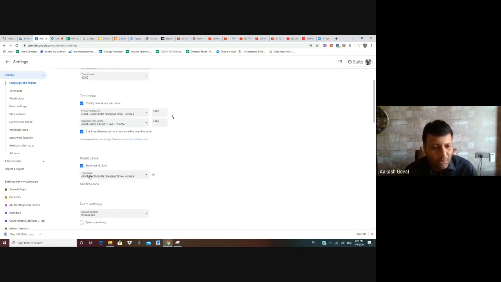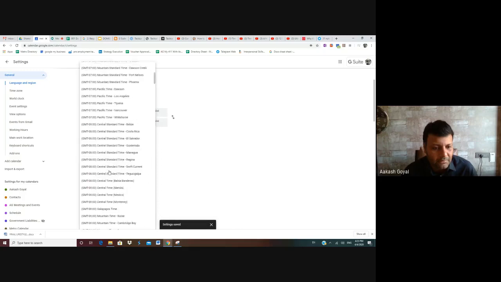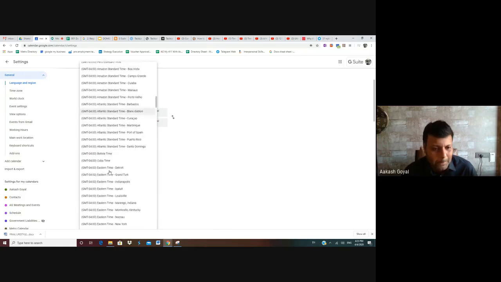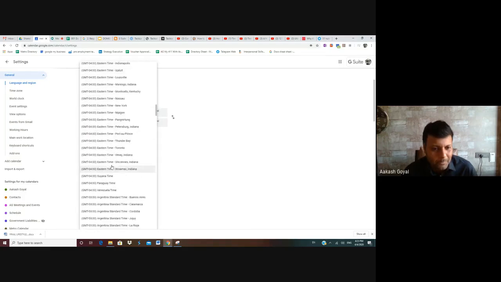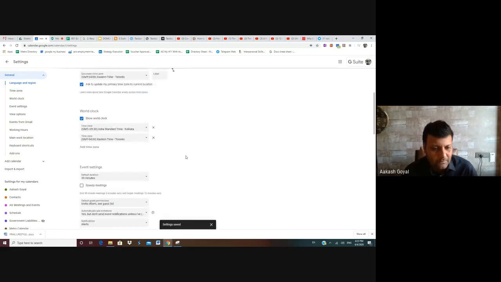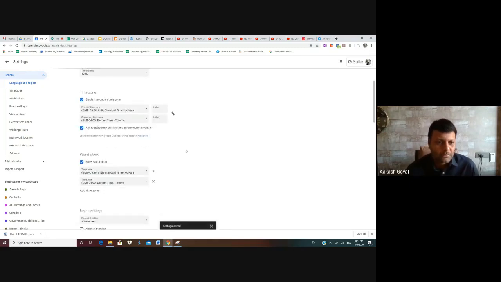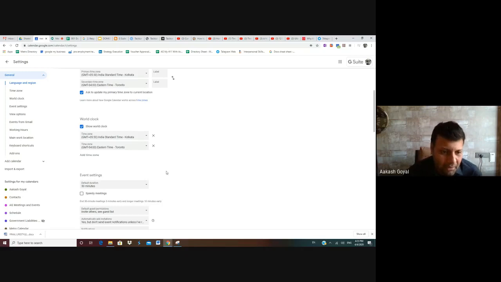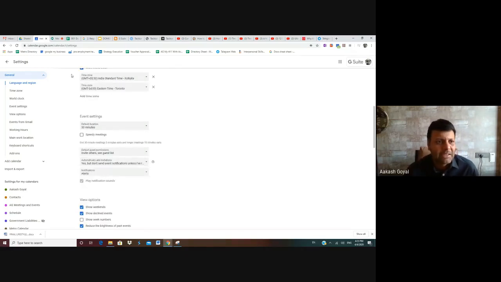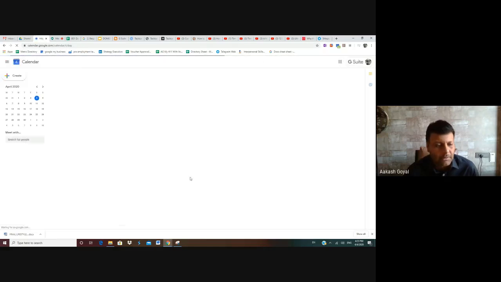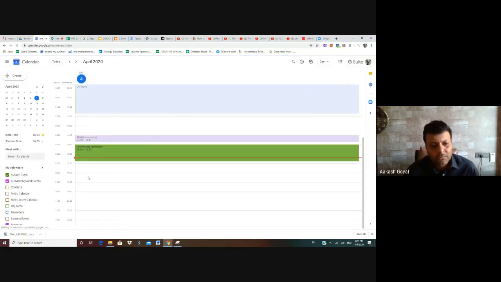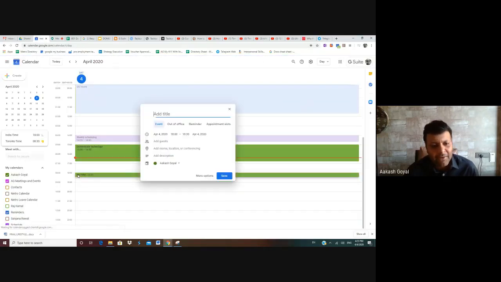Again, in the world clock, you can add time zones here. Now if I go back to my calendar and click here to create an event, the default duration of the event is 30 minutes.